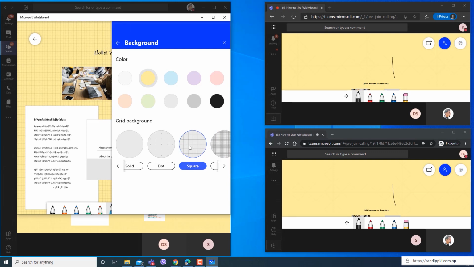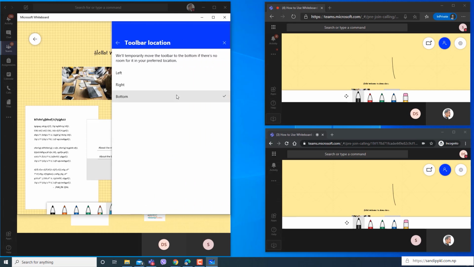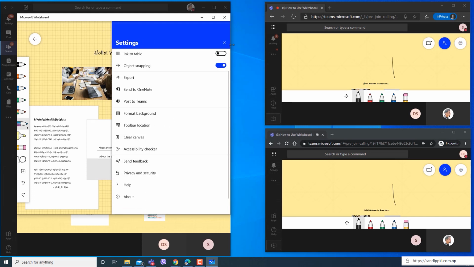If you are using it for math class, you can use graph, or you can change color too. Toolbar location, you can change the location of your toolbar. It's here at the bottom. You can change it to right, left. By this way, clear canvas, you can clear the canvas too.